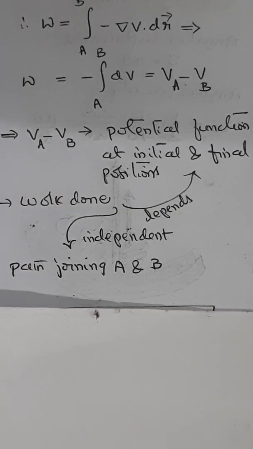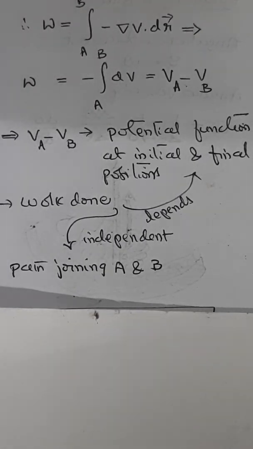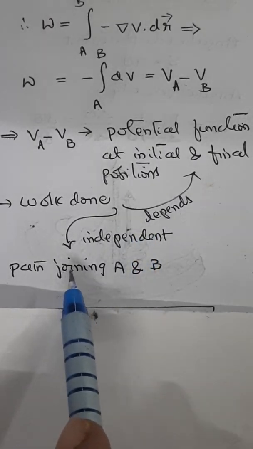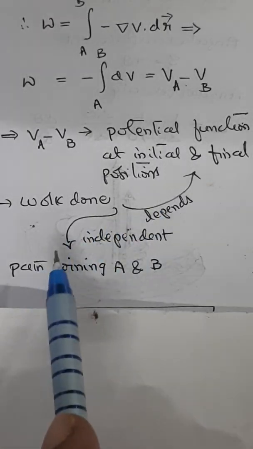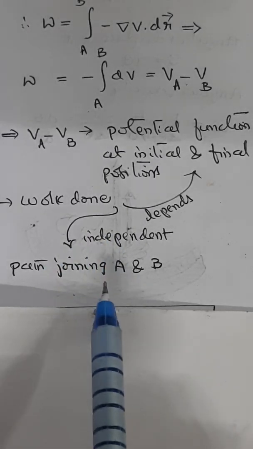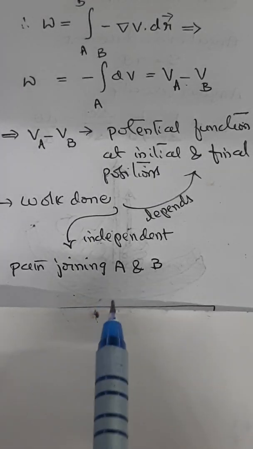Thus, a force F acting on a particle is conservative when the work done in taking the particle from one point to the other can depend only on the initial and final positions, but is independent of the actual path. This is how the nature of a central force as a conservative force can be understood.